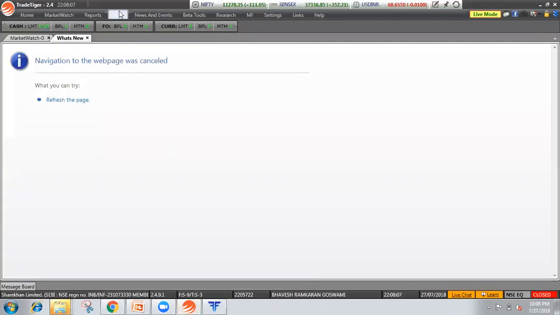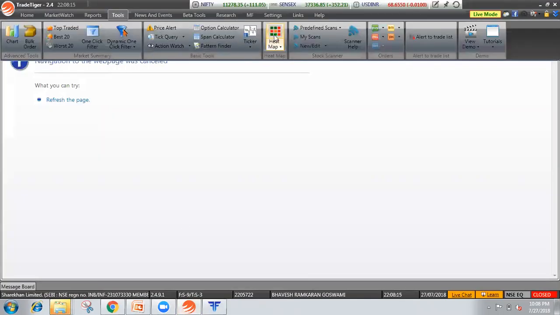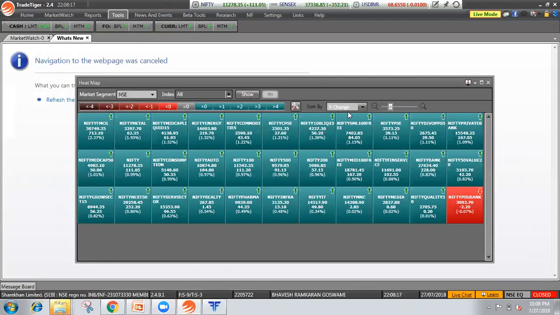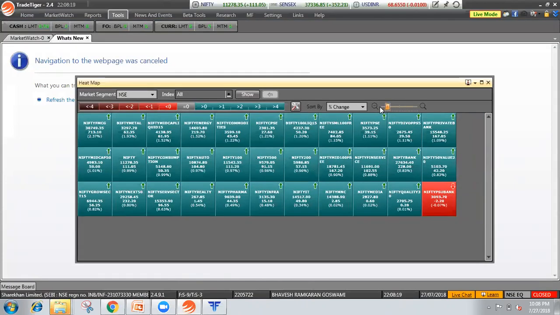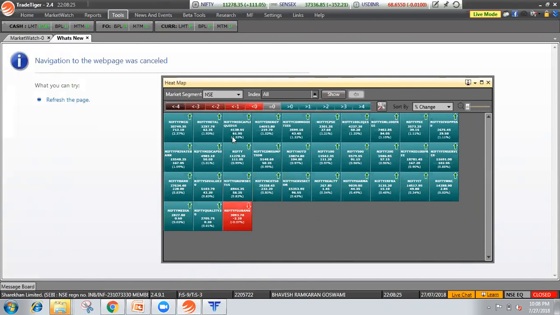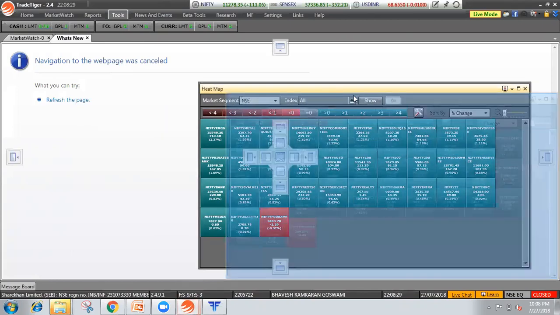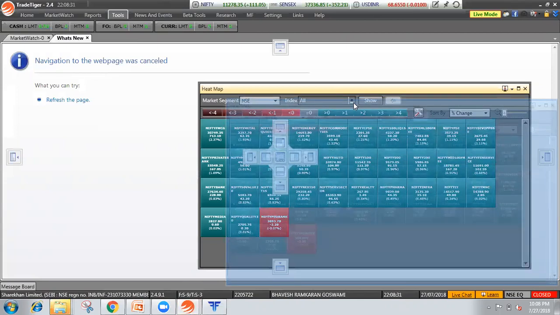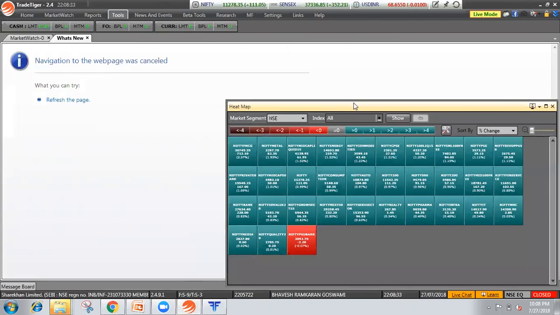First click the tool, then go to heat map. Okay, one thing you should always remember is that money flows from one sector to other sectors every day. Money flows and changes from one sector to another every day. Otherwise, money gets inflowed or removed. These are the two things. That means one day one sector will grow and other sectors will fall.